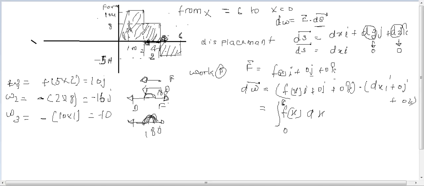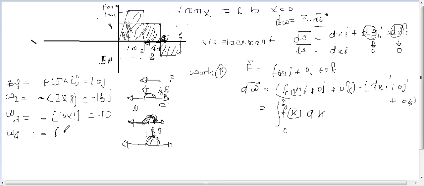Now we have to think about this area also. This is a right angle triangle, and this height from here to here is 10 and this is 1. The force is positive, but displacement is taking place in the negative direction. This is the direction of displacement, this is the direction of force. So the angle between them is 180, and so the work will be negative. So W4 is equal to minus